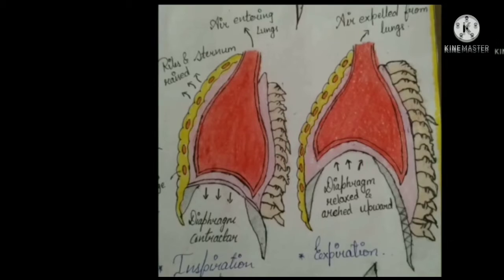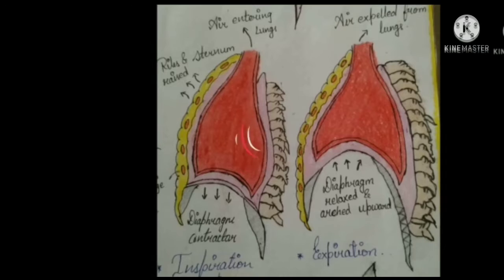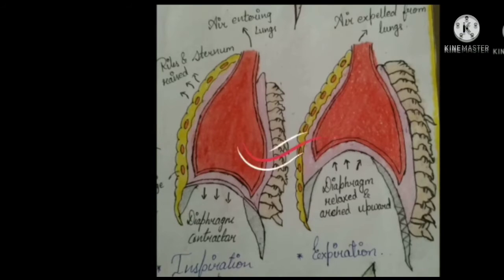This is the diagram of inspiration and expiration. Inspiration occurs via active contraction of muscles such as the diaphragm, whereas expiration is passive. Inspiration means inhalation, expiration means exhalation. The process of inspiration provides oxygen to tissue and removes